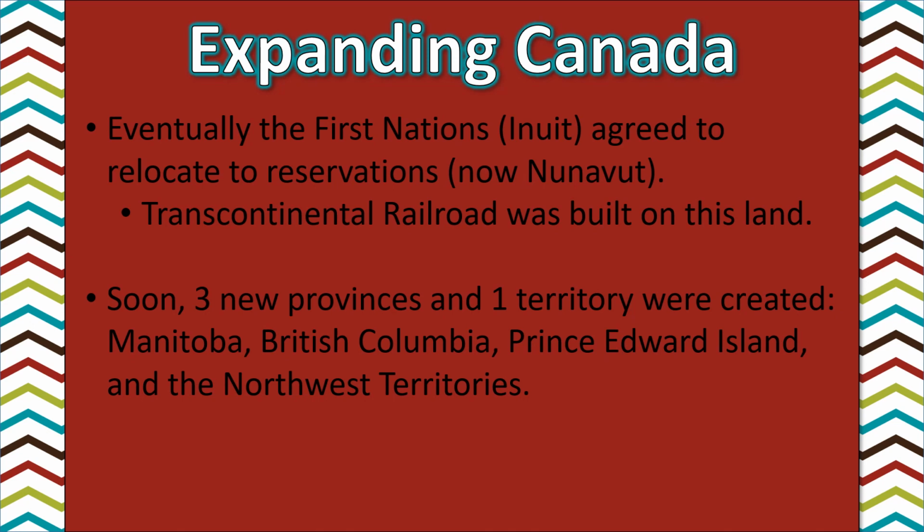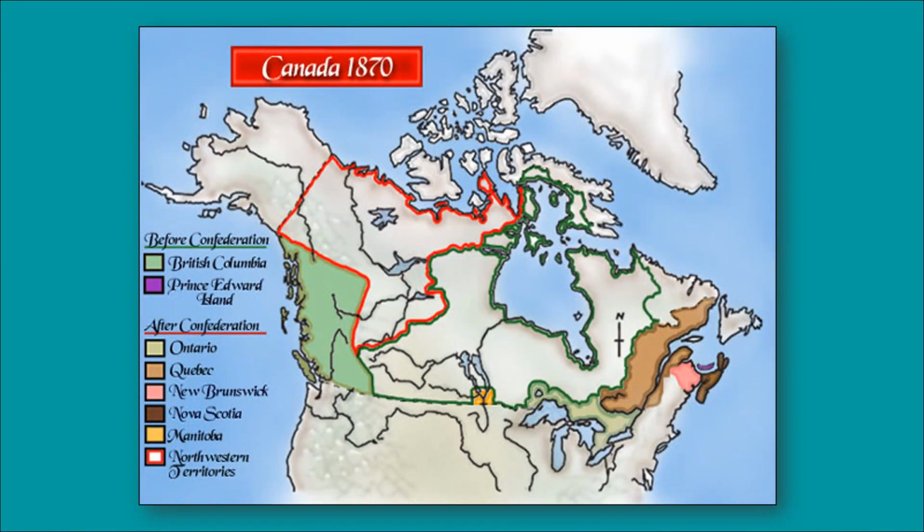And three provinces and one territory were created, namely Manitoba, British Columbia, Prince Edward Island, and the Northwest Territory. So just like also in Canada, there is always corruption in every government that we are looking at. So in Canada in 1870,